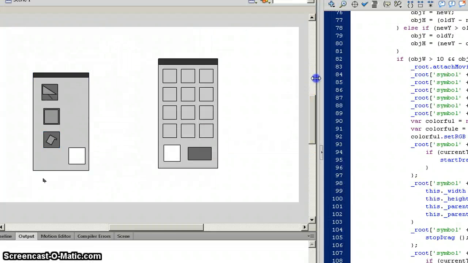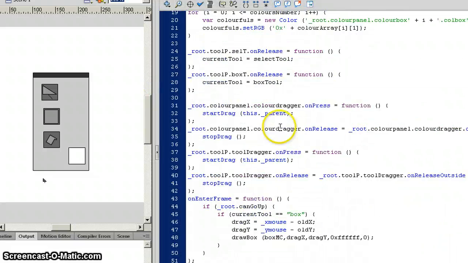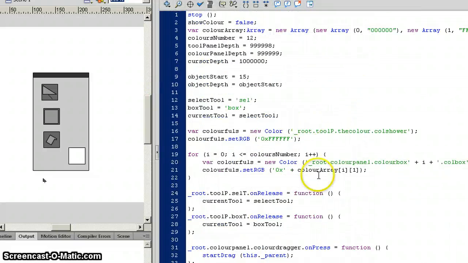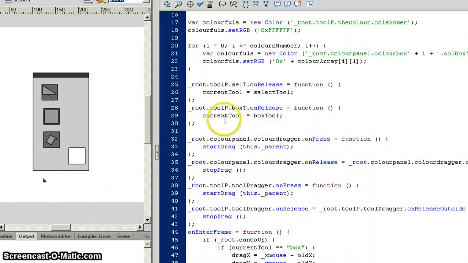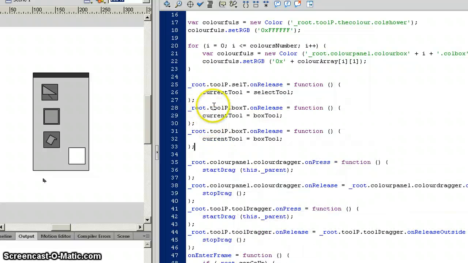And let's see how much code we can get for the paint tool to work. Add a new on the tool thing. Box tool is equal to box, paint tool will be equal to paint, and root dot tool p dot paint t, current tool will be equal to paint tool,